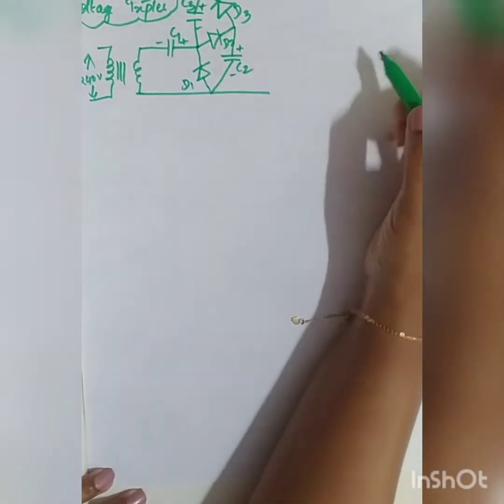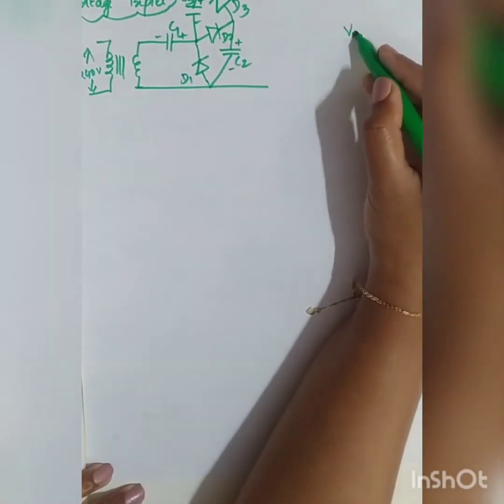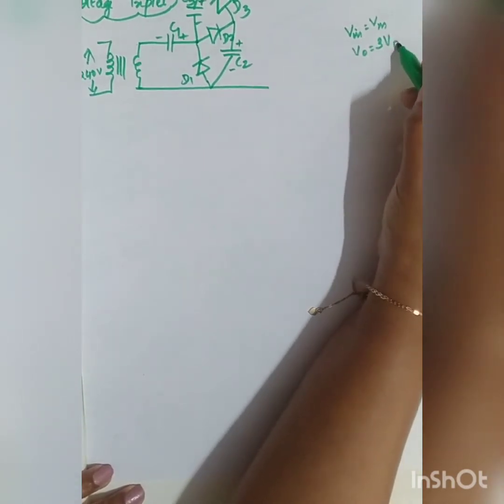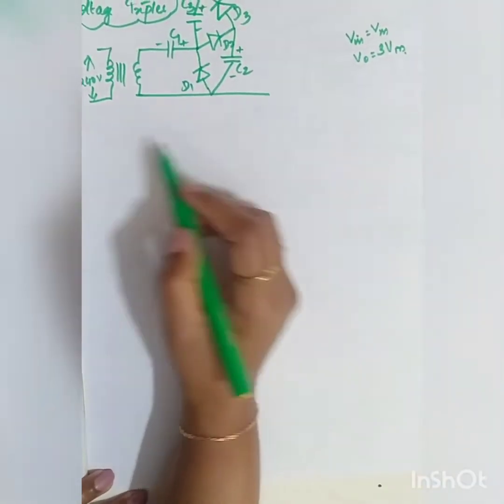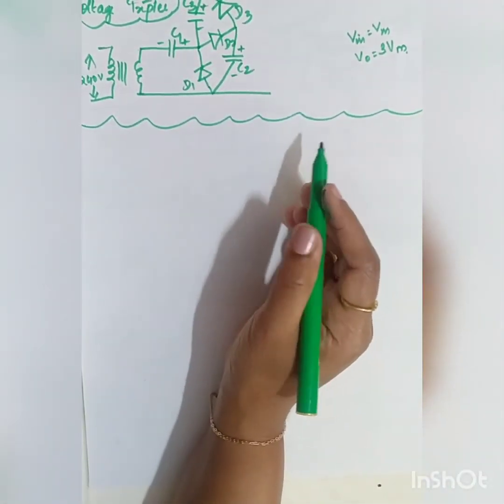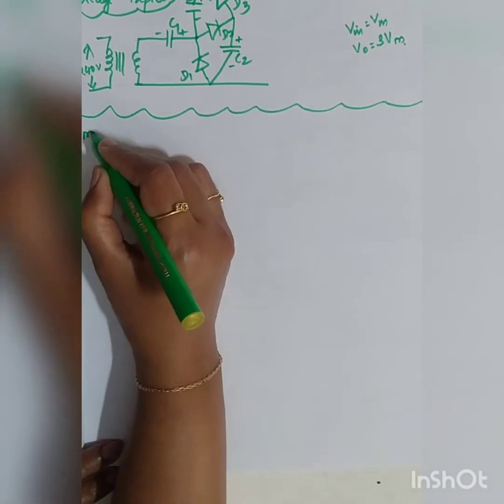Okay. Now what will be your output? If maximum voltage of Vin is equal to Vm, your Vout will be equal to 3 times Vm. Okay. So by this your first section is over. Your second section was your amplifiers. So under amplifiers,